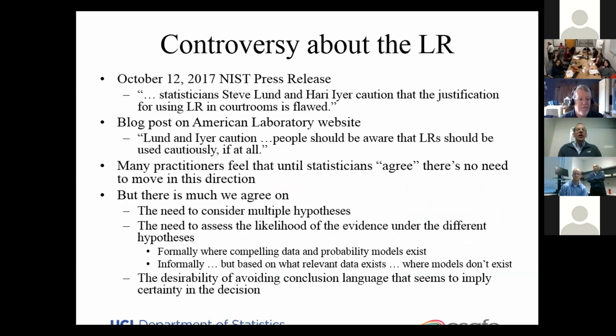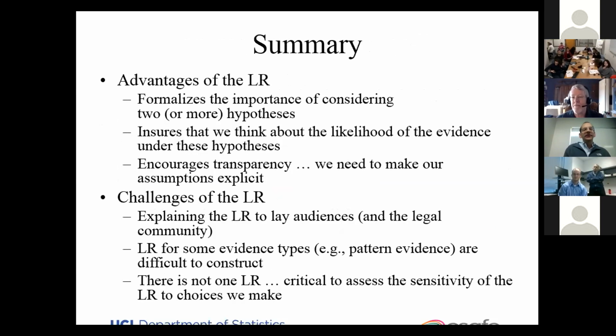And the reason in part is because many people in the practitioner community have said statisticians are still arguing with each other, and that's a sign that the likelihood ratio is not currently the right direction to go. And I think it's important to emphasize that there's much we agree on. The need to consider multiple hypotheses, the need to assess the likelihood under different hypotheses, and the desirability of avoiding conclusion language that seems to imply certainty in the decision.